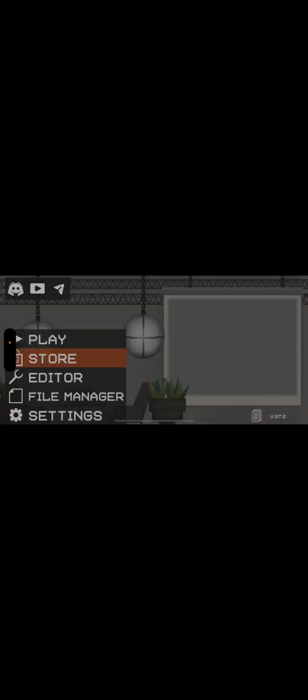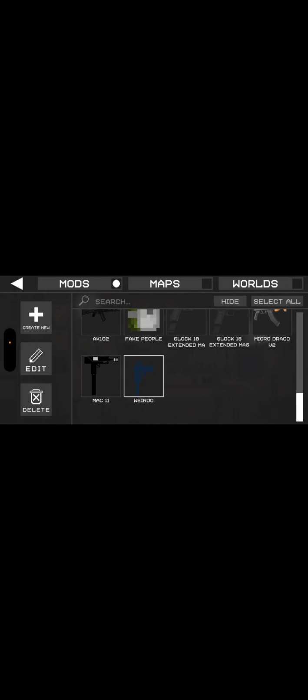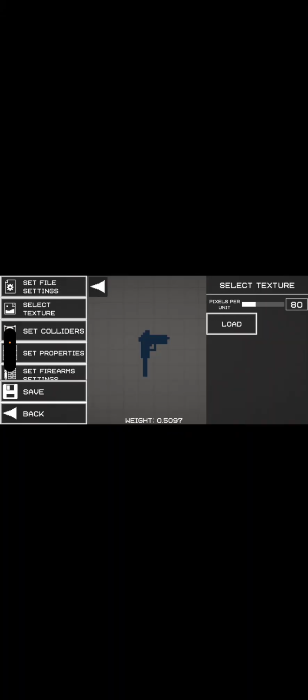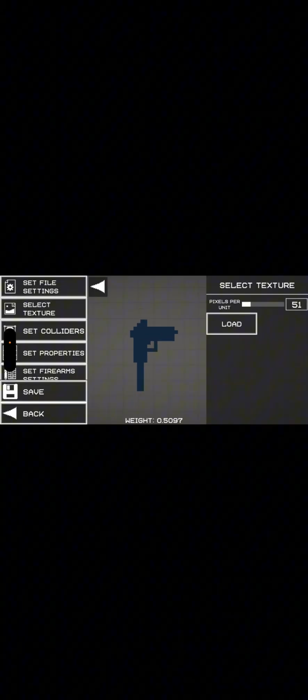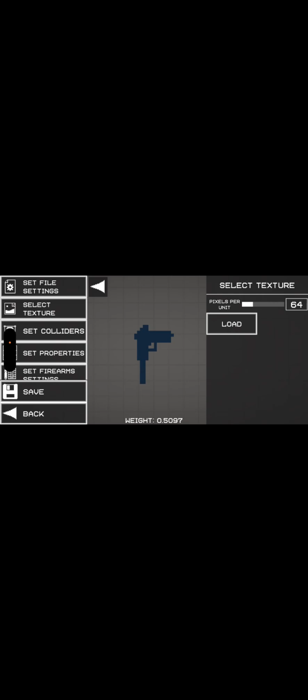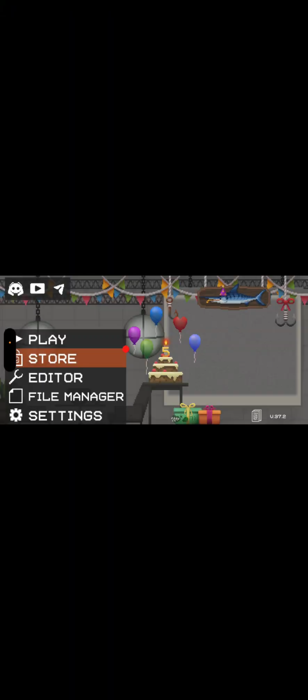And now, here's the last step if your gun is way too small. Now you probably don't remember what I taught you. Go to edit. You could size it up a little bit, like by using this. Up or down. If you do this, it makes it smaller. If you do that, it makes it bigger. And now you want to save. And once you load back into the game,